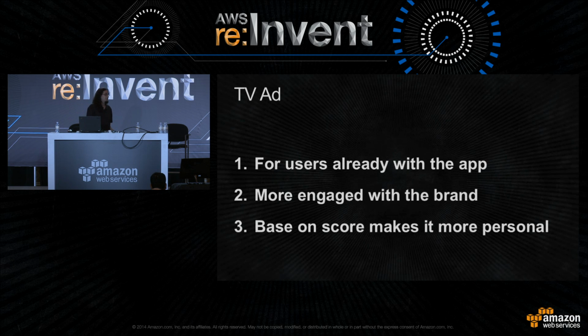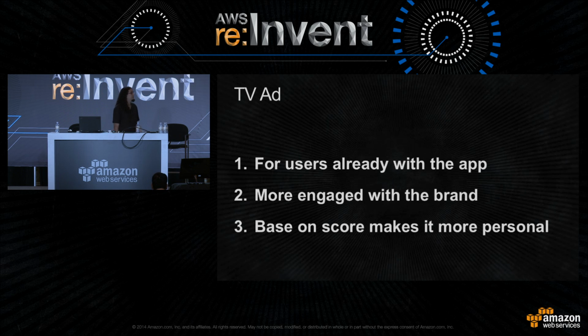So, Magazine has 2 apps published, and we decided to choose one of those to make this interaction. One is our e-commerce app, and the other is a daily promotion app. And we chose the daily promotion app because users are already engaged with the brand. They are already used to receiving push notifications daily, so we have more chance to interact with them in the time window that is short, 30 seconds to 1 minute, that we run on the TV ad.